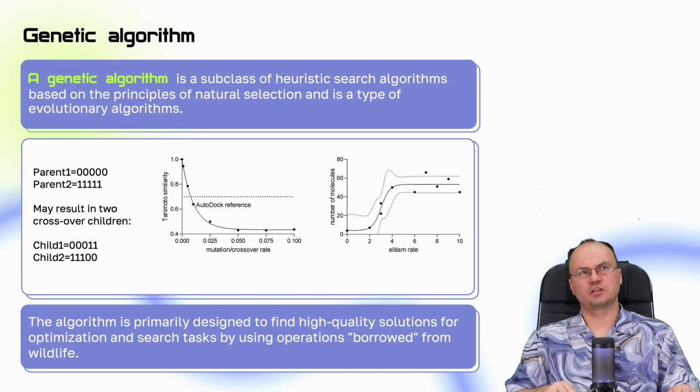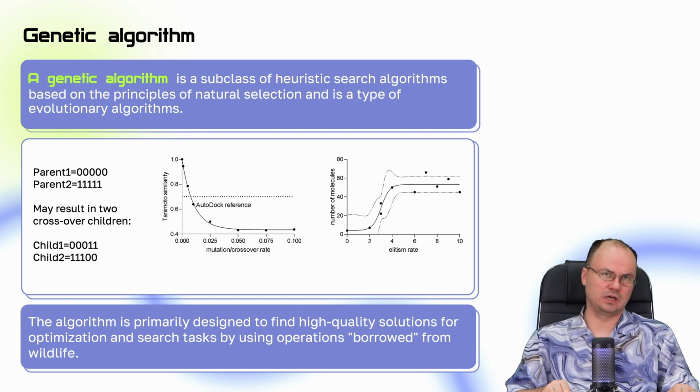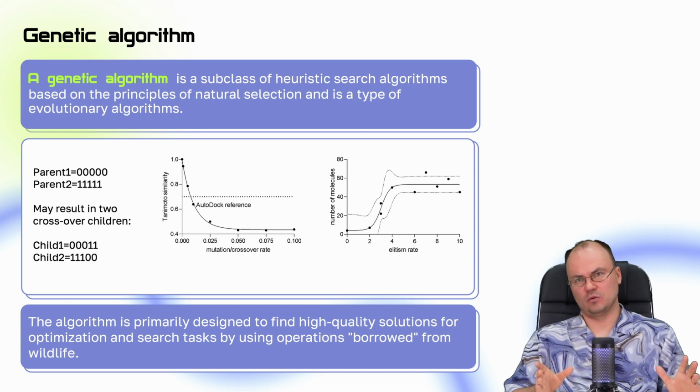A genetic algorithm is a subclass of heuristic search algorithms based on the principles of natural selection, and is a type of evolutionary algorithm, where we have some